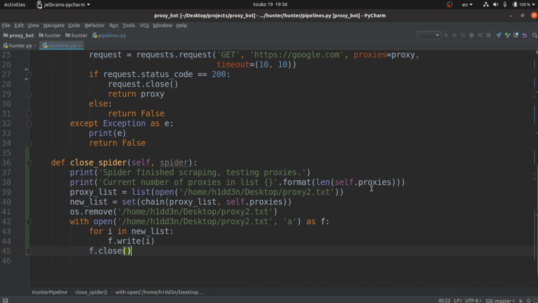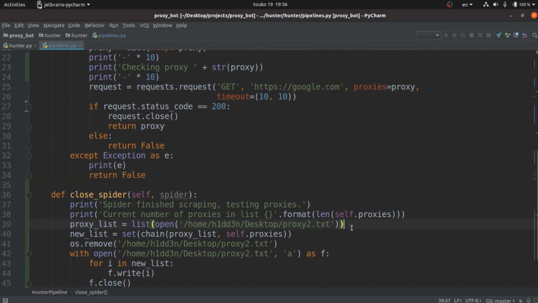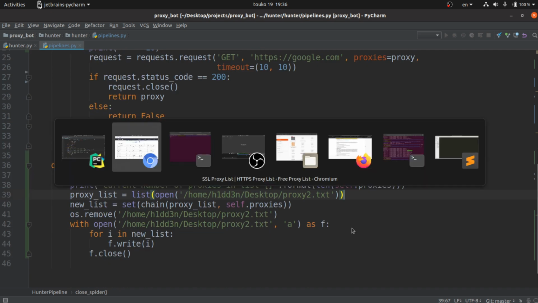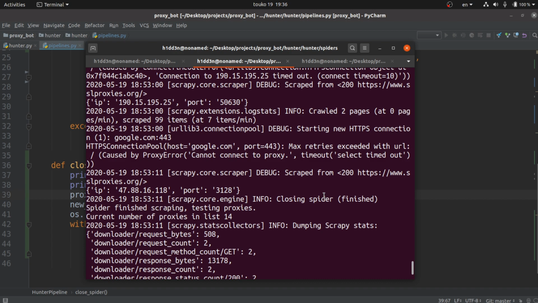If you don't have any proxies or anything similar, you can basically create this text file in the desired path, leave it empty, and that will basically do it. Otherwise you will get an exception that the file was not found. So that's basically it. I'm gonna show you some output that I actually got